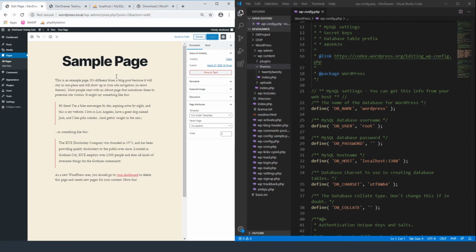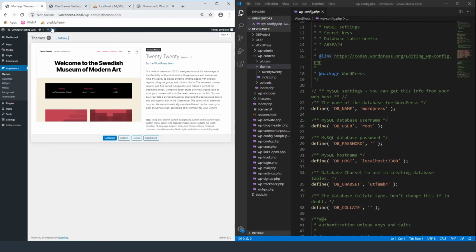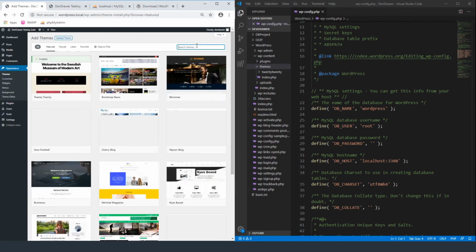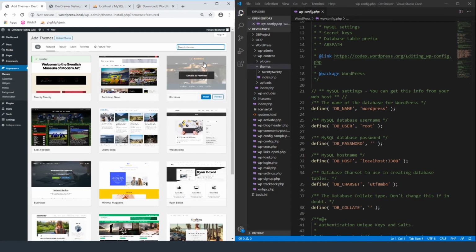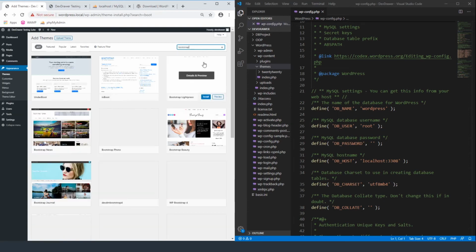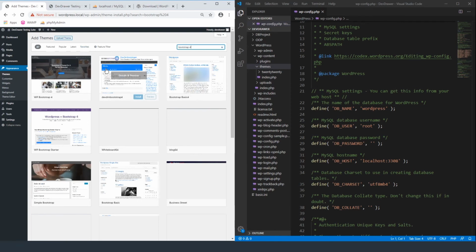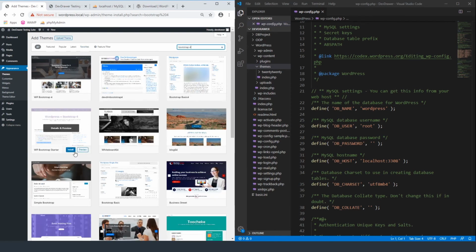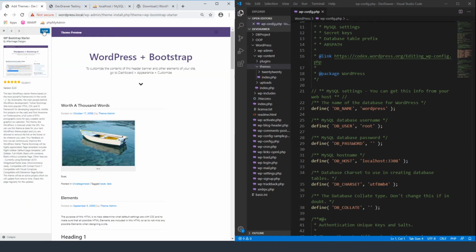So what we can do in order to alleviate that is to go to appearance. We can add a new theme, and this is where you would either install your own custom theme or one that you paid for, or you can do a search for this. Let's see if we can just find one that uses Bootstrap 4. So let's do this one. I've used this one before. So this is a WordPress plus Bootstrap sample theme that you can use,